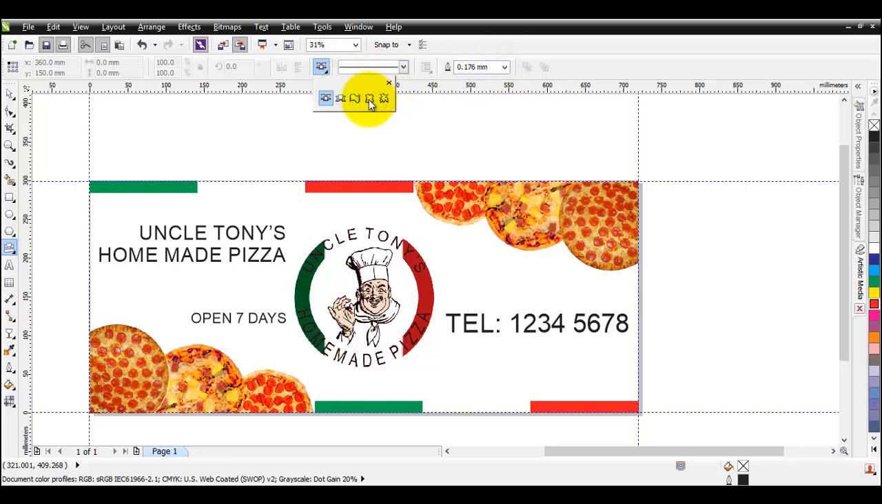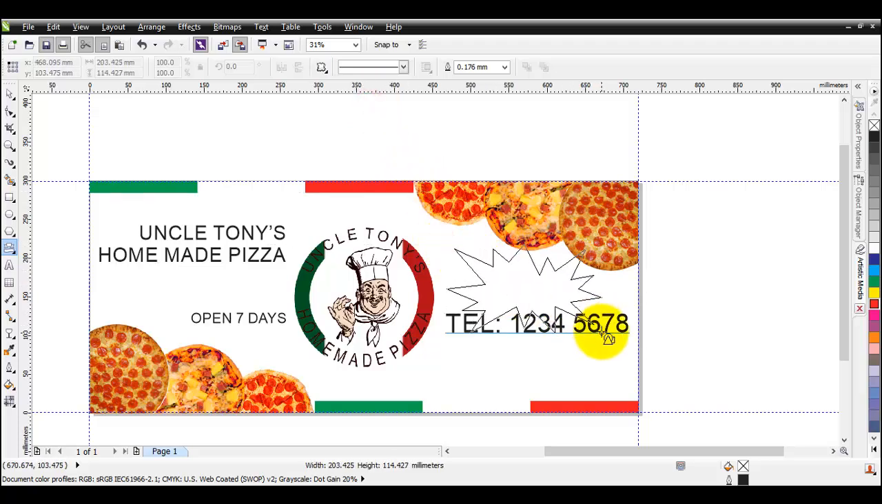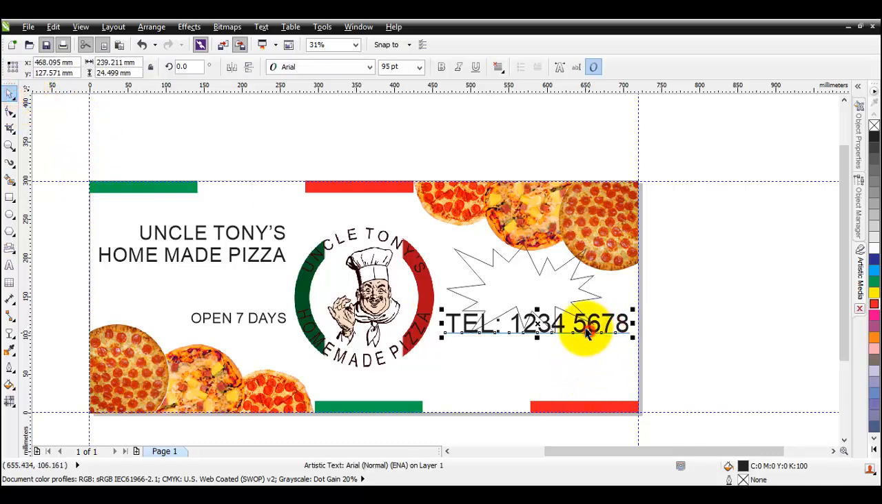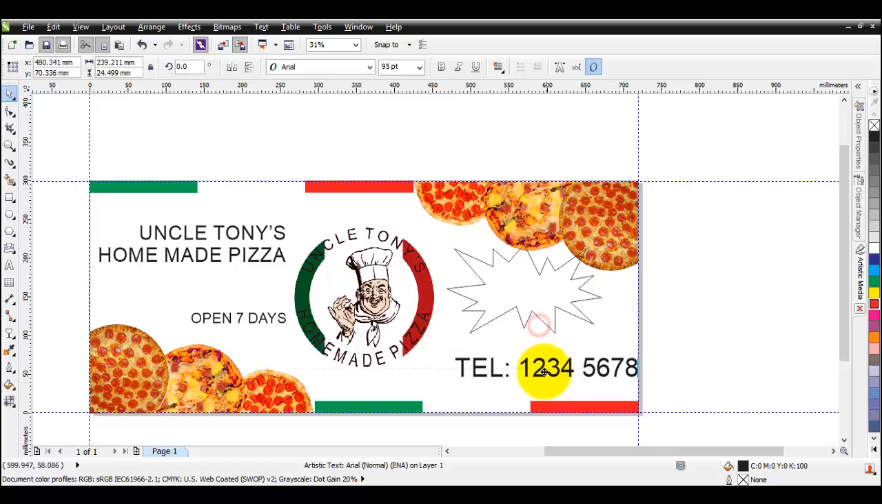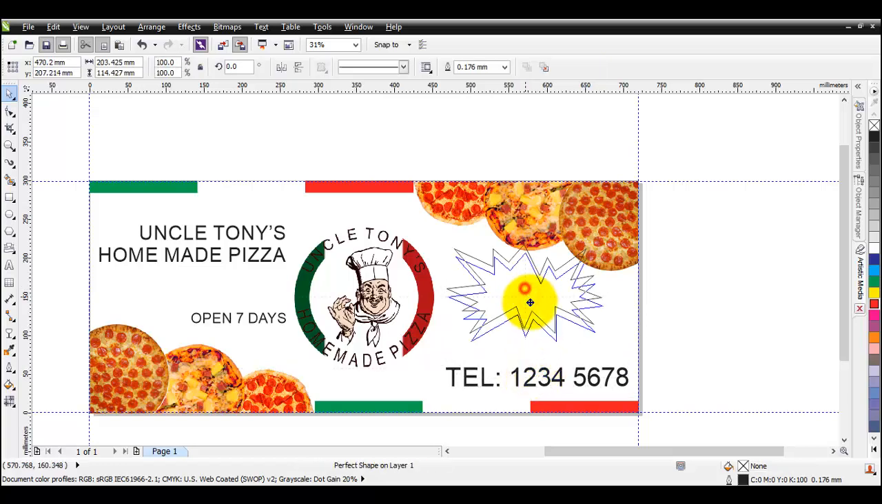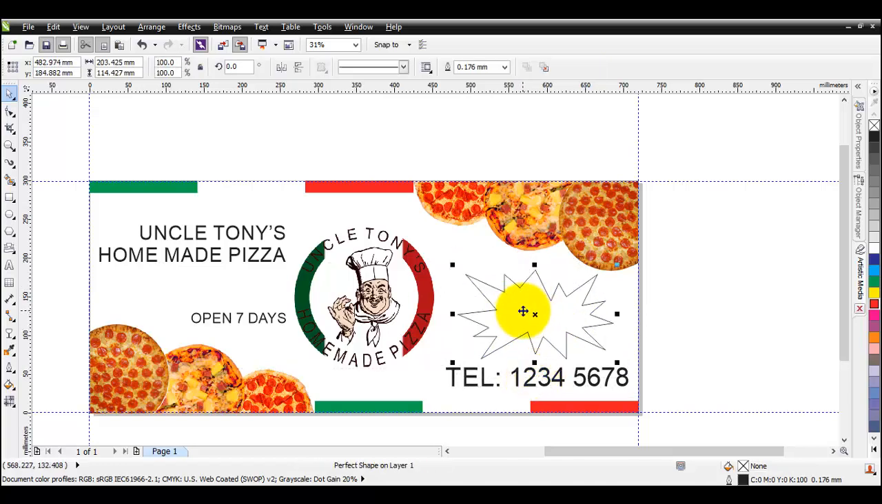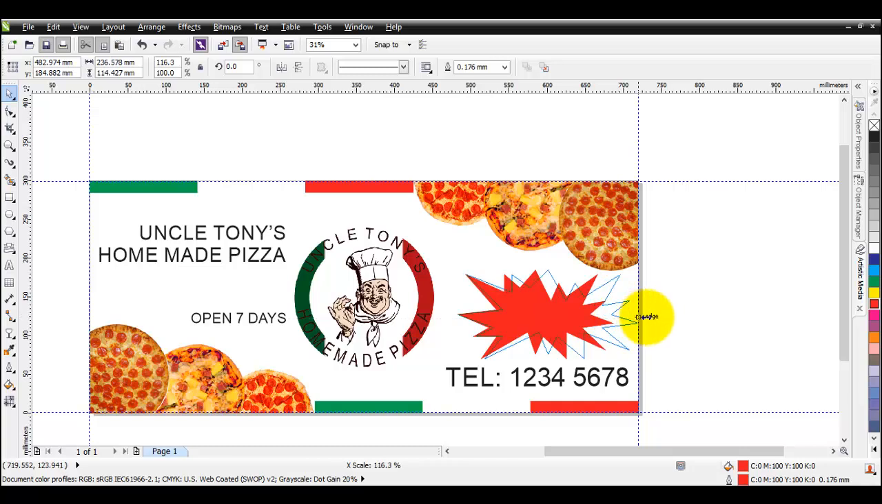If you click here you'll get perfect shapes. So maybe we'll go with something like this. So I'll just go bang like so, and let's remove the telephone number, put it down here somewhere for now, and here we would put the text free delivery. So let's give it some color, make it a bit bigger,